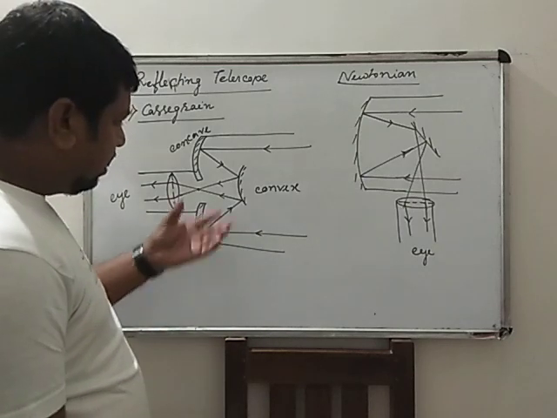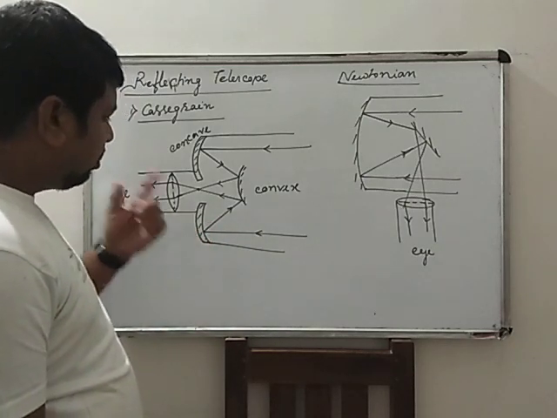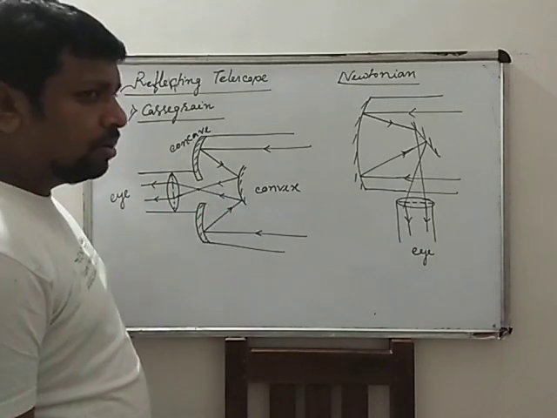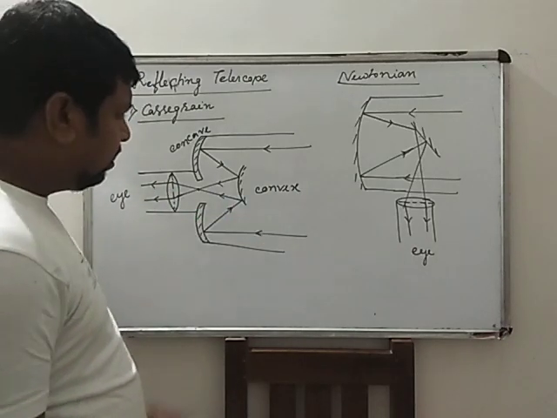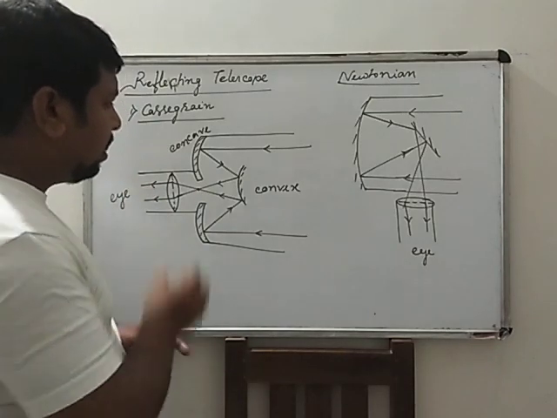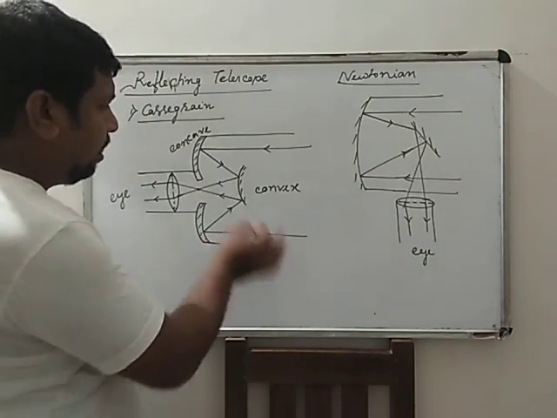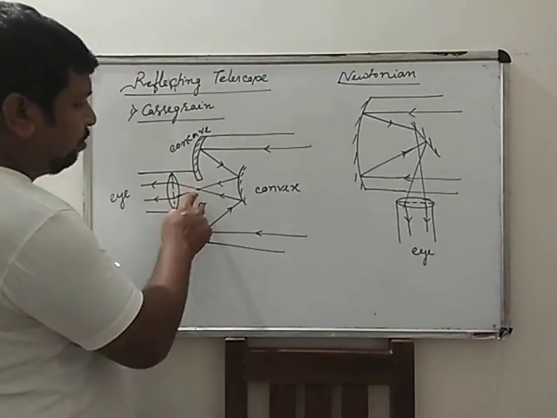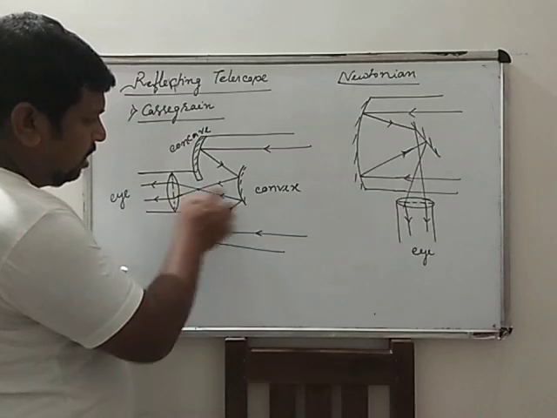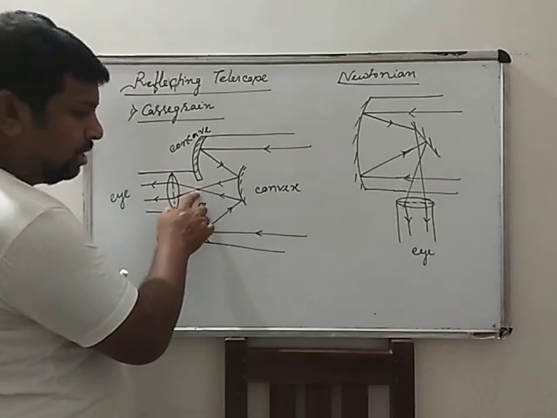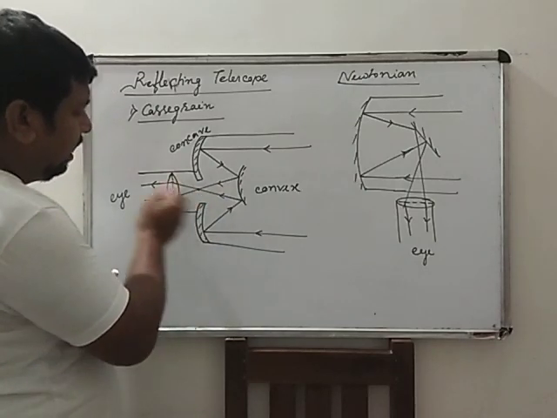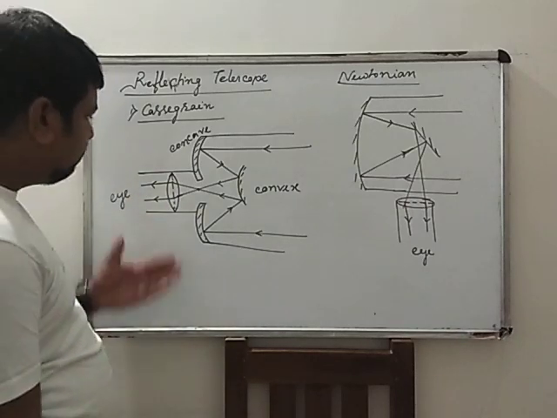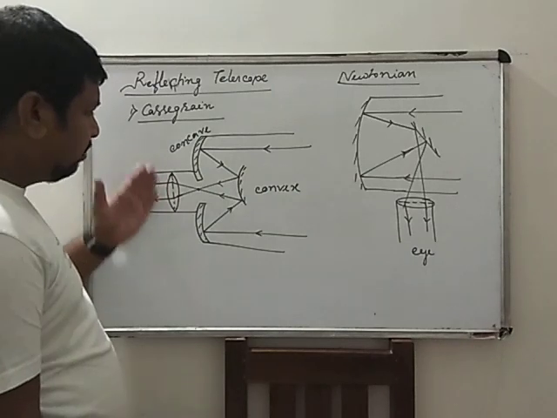That means after reflection in the concave mirror, this reflected ray is incident on the convex mirror, then after reflection from the convex mirror they meet at this point, like this they come back, that means at this point. Finally it passes through a lens, that means the eyepiece,